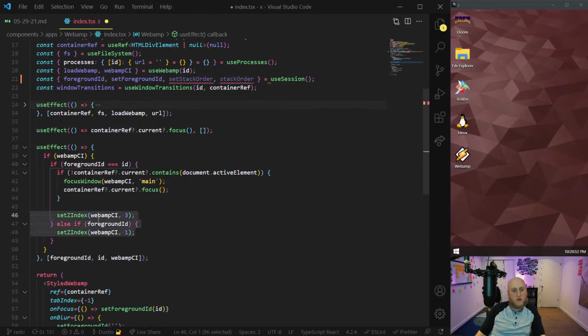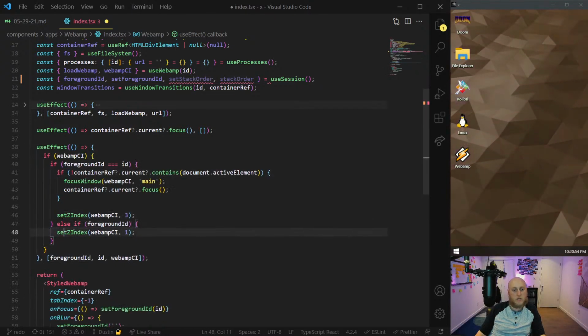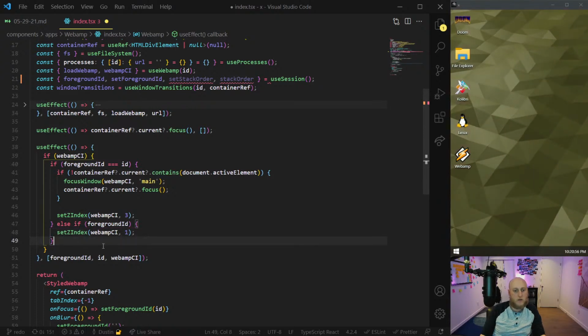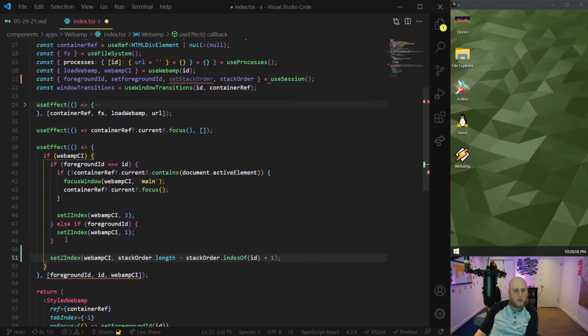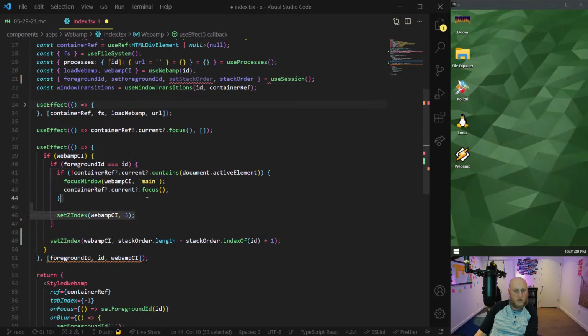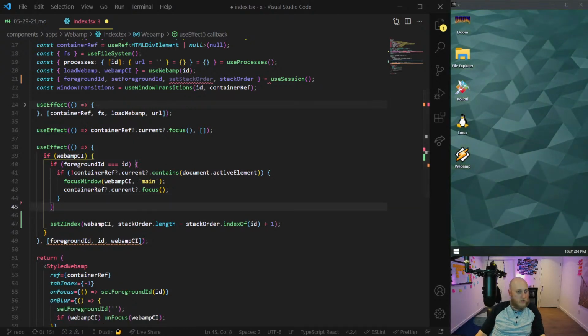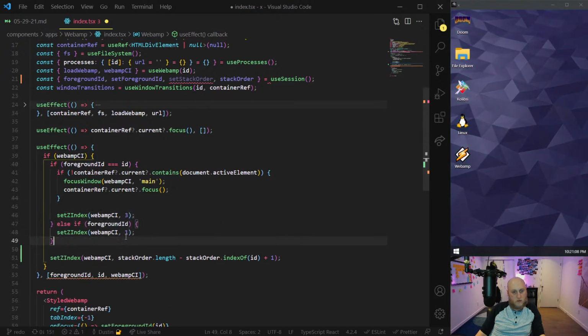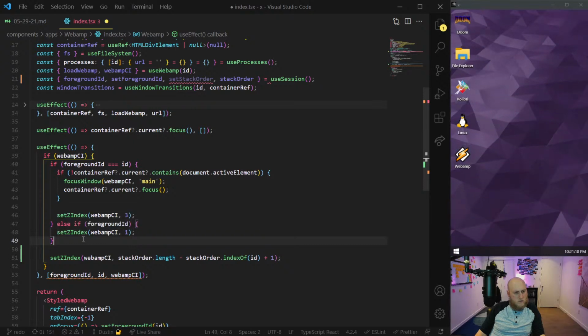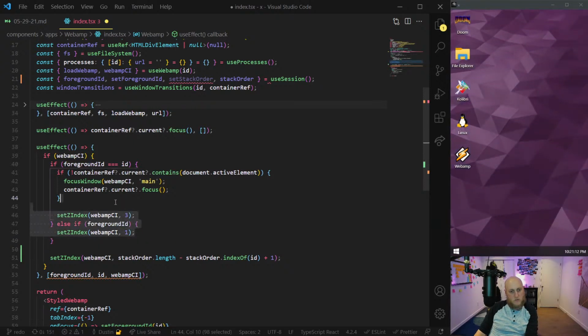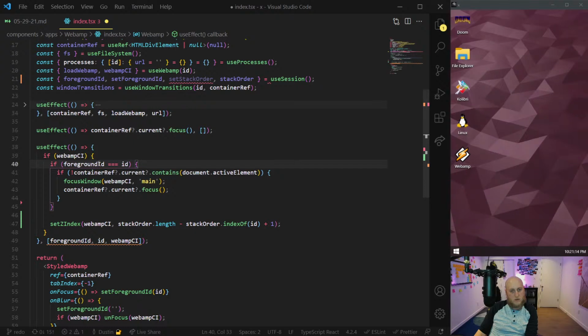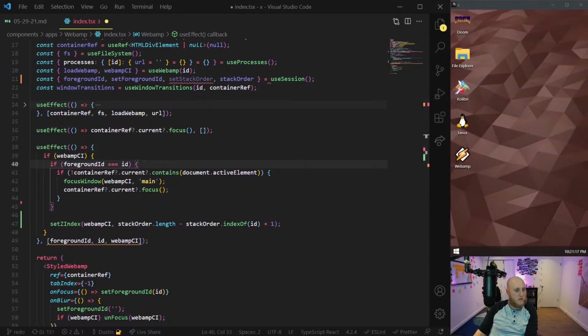So we have this thing here where in either condition we are setting the z-index. So what we're going to do is just do this, and we're going to get rid of this condition and get rid of this piece here. And wait a minute, we can just keep getting rid of stuff then, because this doesn't look right. What did I do here? Actually, in my changes, I did this, but I don't like the way this looks. This is silly then. Is that how I have that?